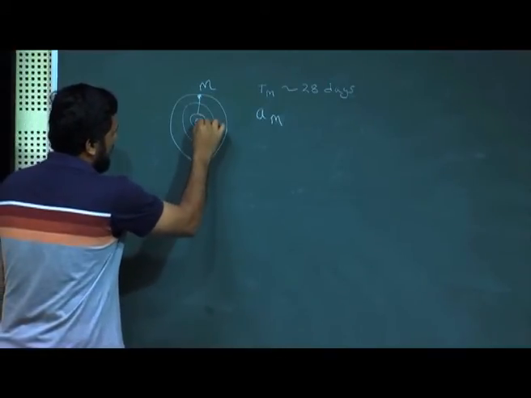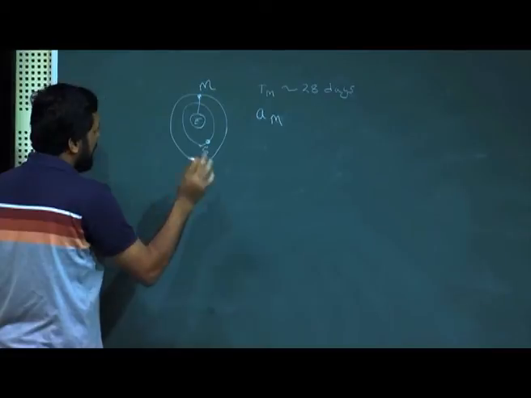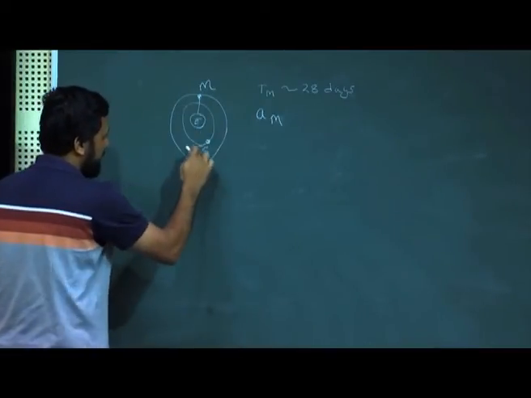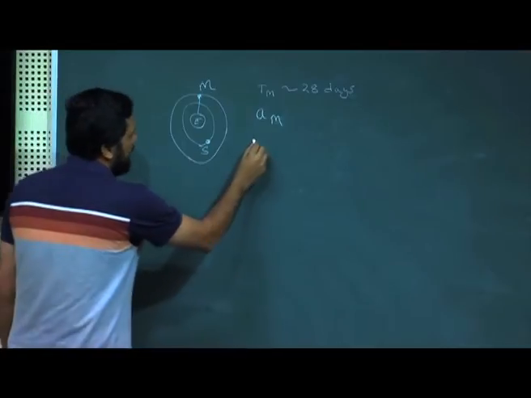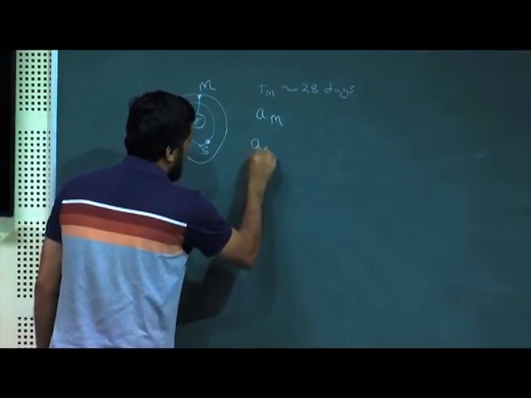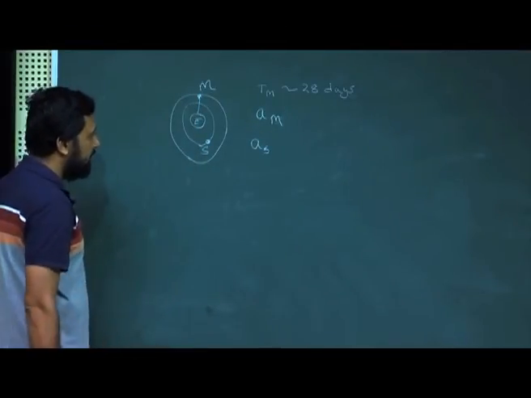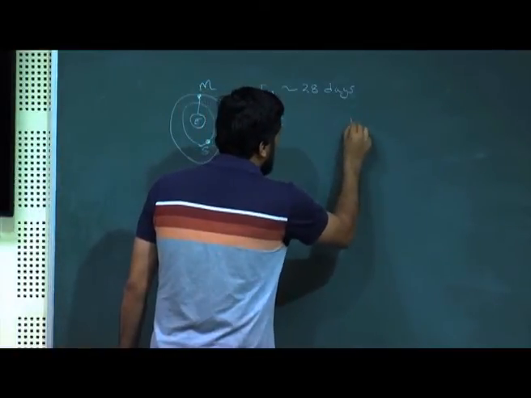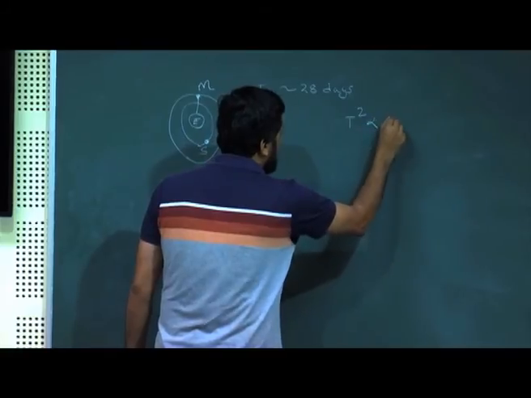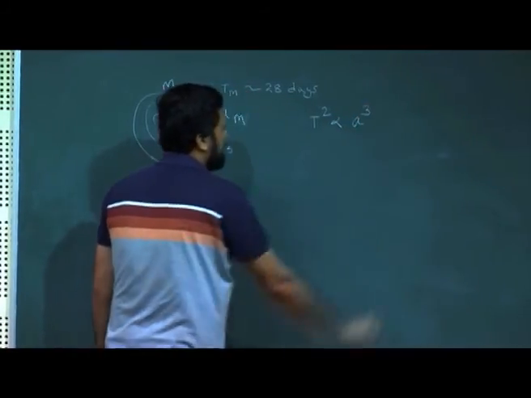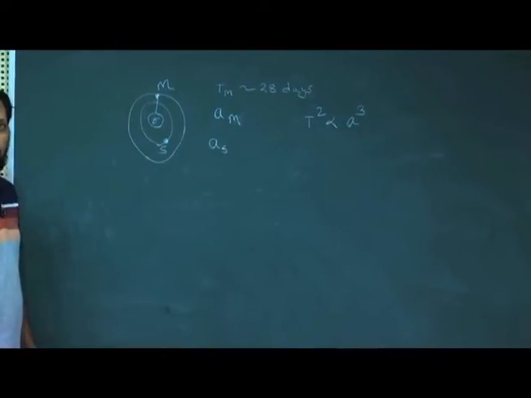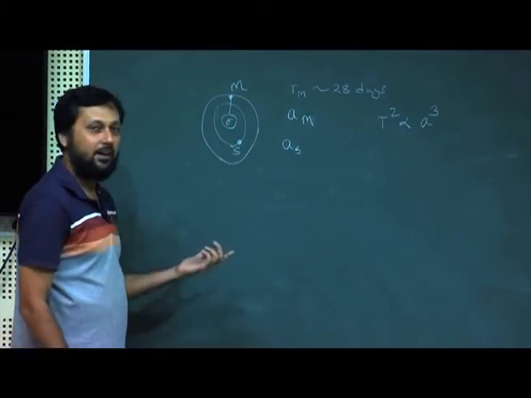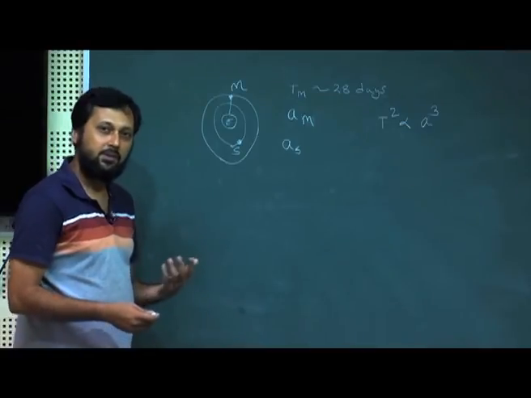We also know, let us assume that we also know the orbit of this artificial satellite. So, we know A_S. So, if this is the case, we can always write, and please remember that T squared is proportional to a cubed,